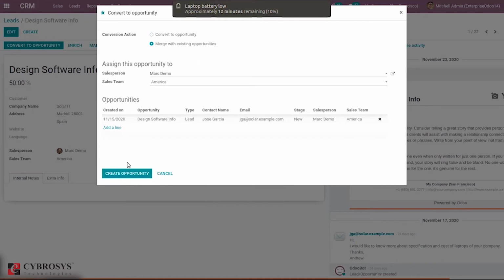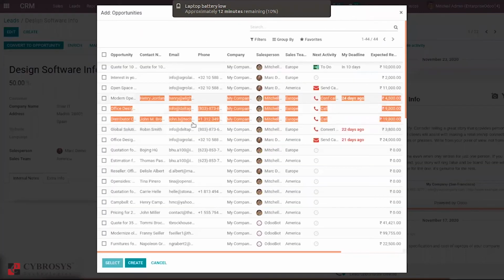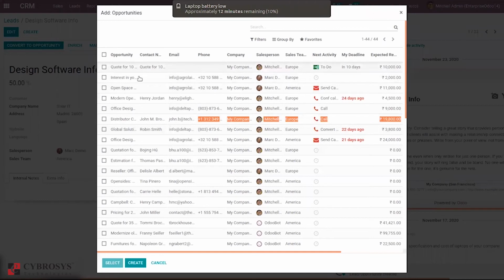If I create an opportunity by merging with an existing opportunity, you can see the design software information here. We can add more lines also.